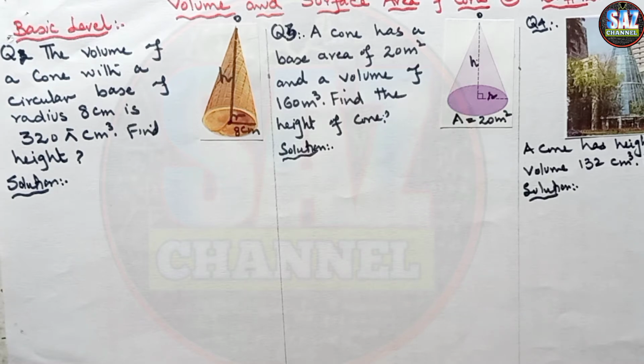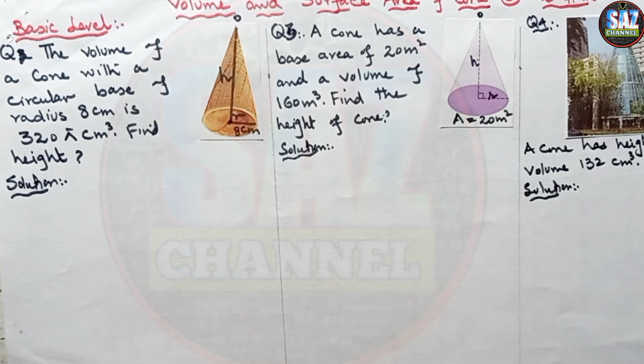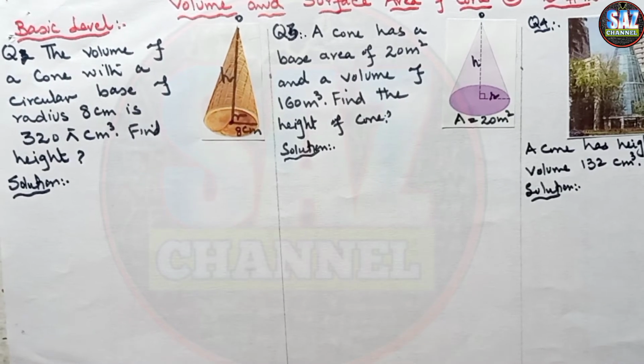This is my third lesson of D2, chapter number 12, exercise 12b, that is about the volume and surface area of cone. What is cone and what are the important terms, like what is height and slant height of the cone and what are the formulas for the area and volume of cone. These are the questions which have to be really clear to all of my students for understanding of this lesson.